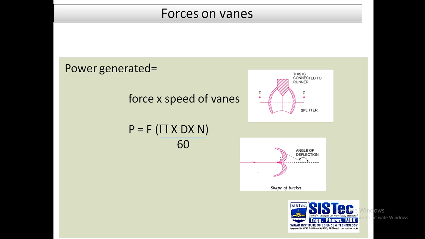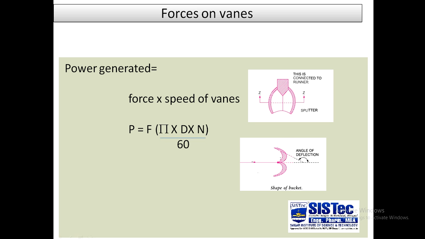The buckets or the vanes that are provided to the Pelton turbine are kept in the shape of a double hemisphere, and these are also symmetrically split by a portion that is called the splitter. These two diagrams show the shape and the section of the bucket. So this bucket is connected to the runner, and we can see in the downside figure